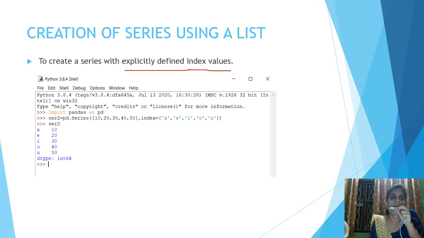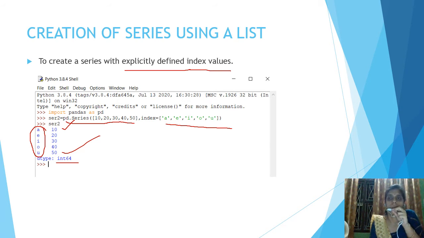But in this program, when we create the series, we have taken data as the list 10, 20, 30, 40, 50 and index as A, E, I, O, U. Whenever we print SR2, it is the series object, then AEIOU is the index and 10, 20, 30, 40, 50 is the data, and here you can see the dtype is int64 because all the elements in the series are integers.